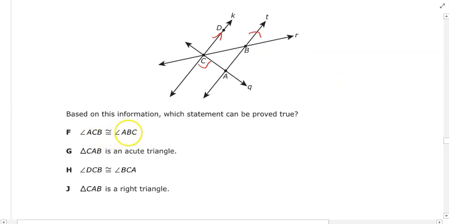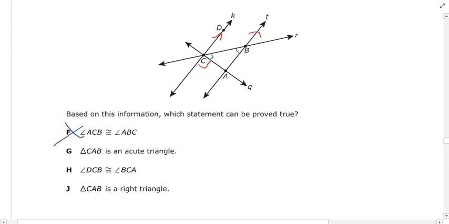Angle ACB is congruent to angle ABC. So ACB is this angle here, is congruent to ABC, this one here? No, I don't think so. Those are created by 3 different lines right there, not parallel lines cut by a transversal. So that's created by this line, this line, this line. None of those are parallel to each other, so you can't use parallel lines cut by a transversal, so definitely